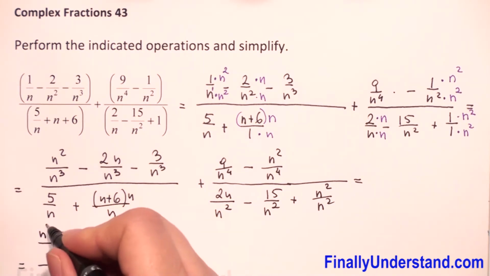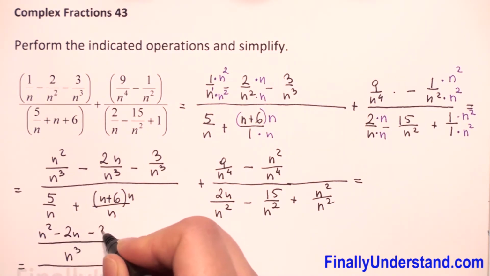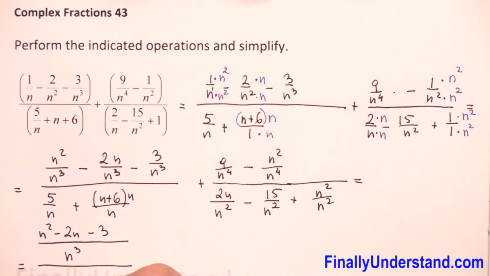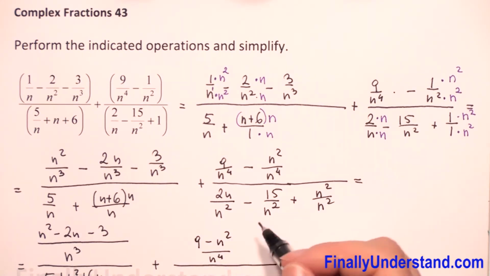So we have n square minus 2n minus 3, and here will be 5 plus, and we can do the multiplication, n times n is n square, 6 times n is 6n, and we have plus, the denominator is n to 4th power, and now we have 9 minus n square, and the last denominator is n squared, so we have 2n minus 15 plus n squared. So this is equal, we have division,